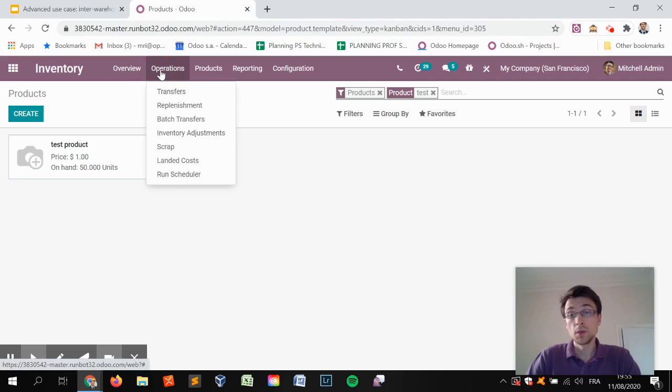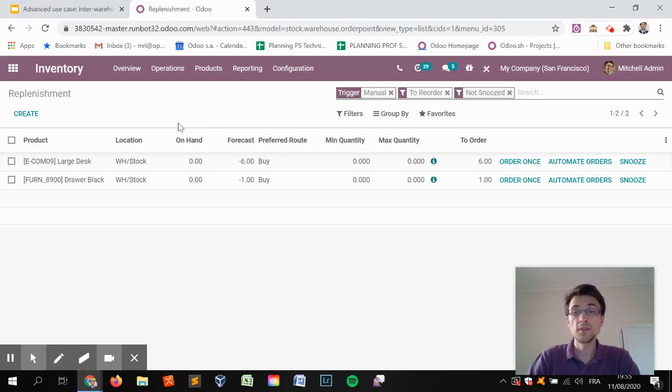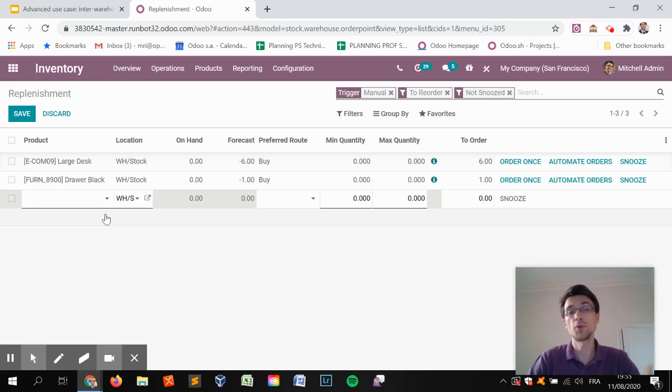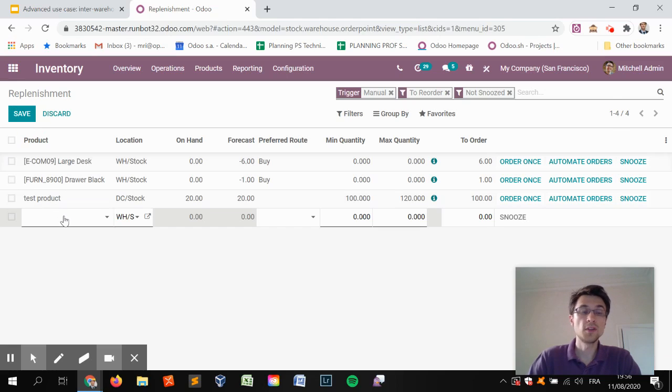Finally, I'm going in the replenishment menu where I can activate the new reordering rules that I will define per stock point. So for instance, here for test product in DC stock, I want to maintain, for instance, a stock level of a minimum of 100. I will reach a maximum quantity of 120. I can define a similar